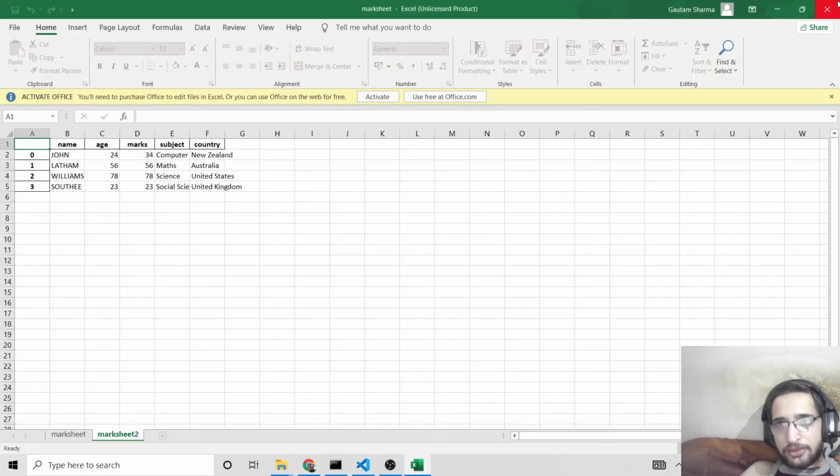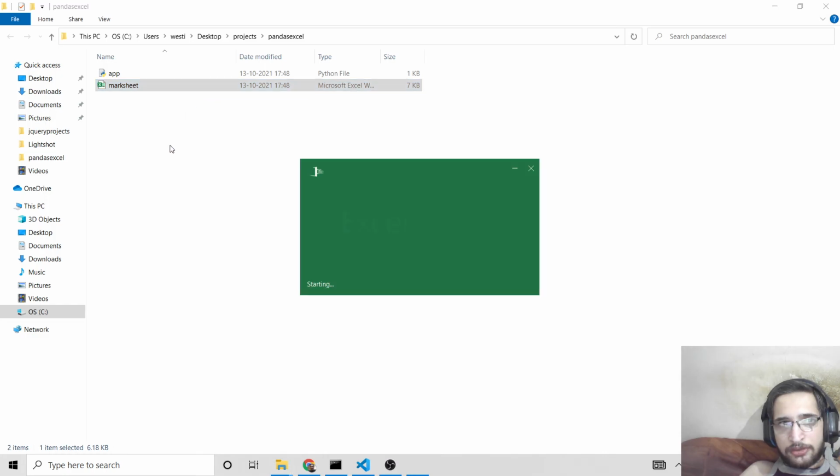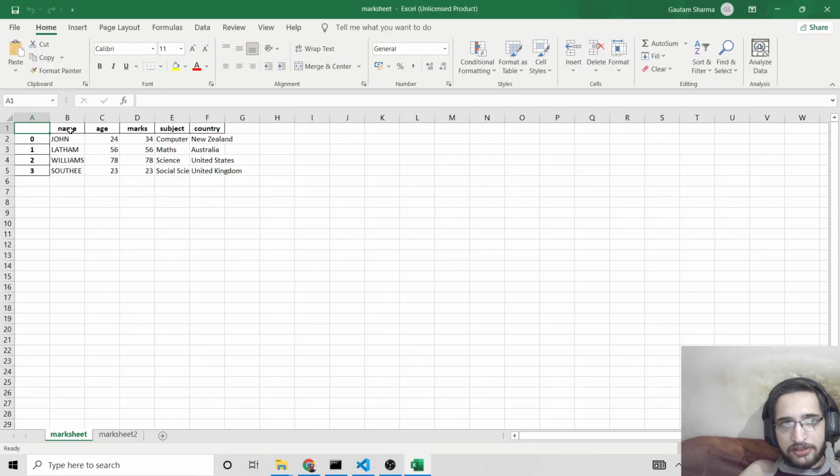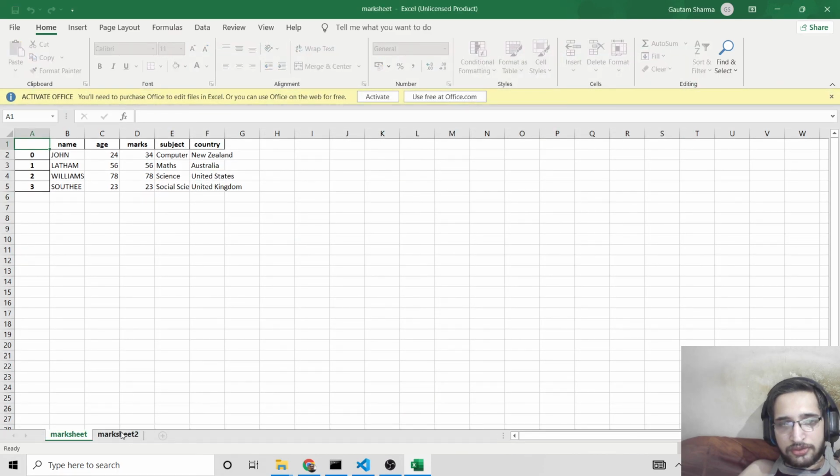Once again, if I close this and open it now, you will see this is marksheet 1, and this is sheet 2 with different column names.